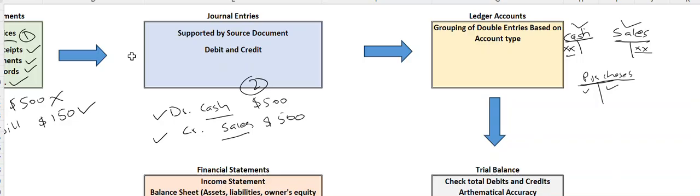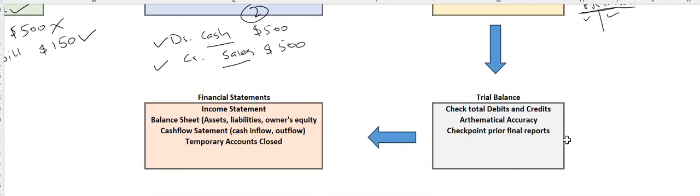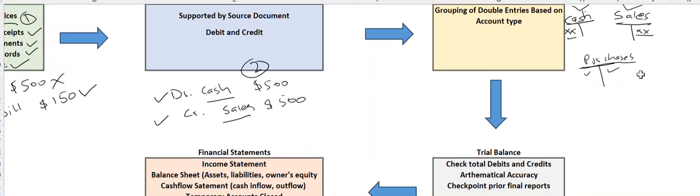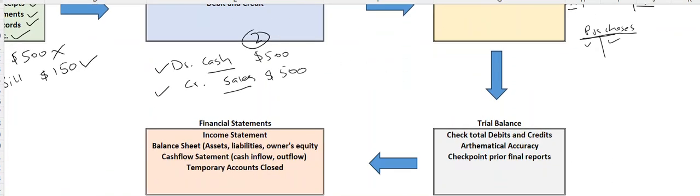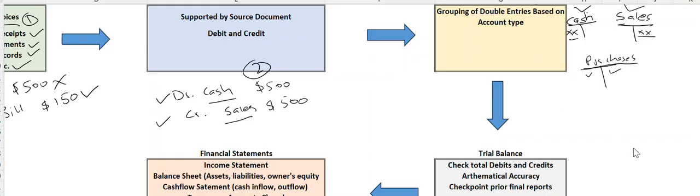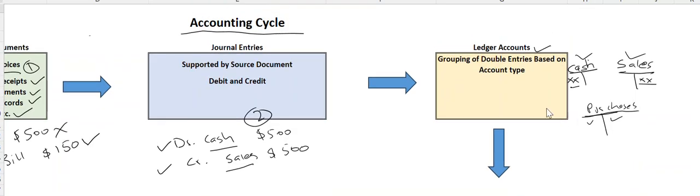Okay, so moving forward, we made a transaction, we recorded it in our ledger accounts, and then we move towards the trial balance. What exactly is a trial balance? The trial balance includes all the balances that have been recorded in your ledger accounts. So the trial balance includes all the accounts that were included in your ledger accounts. This would be your third step.